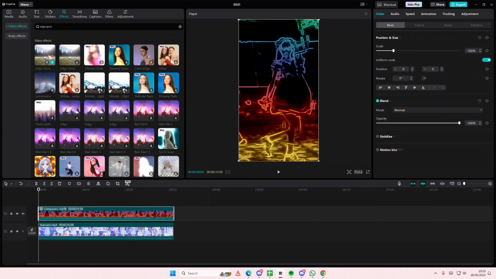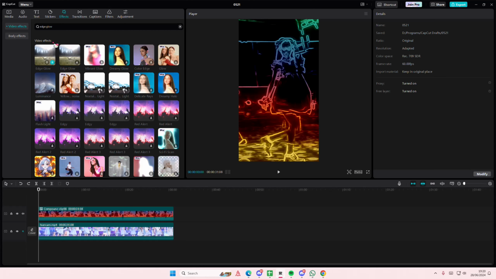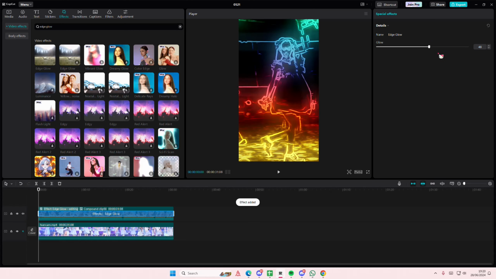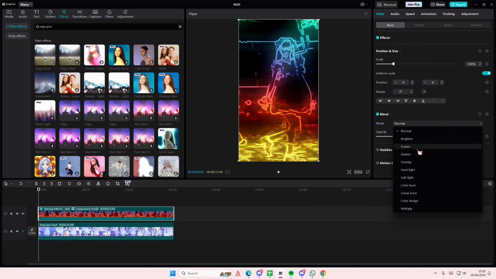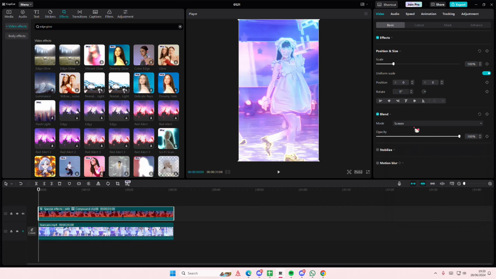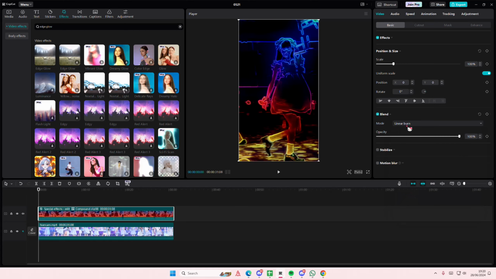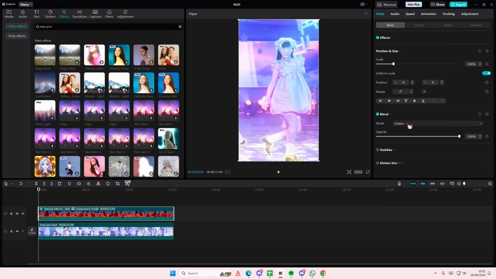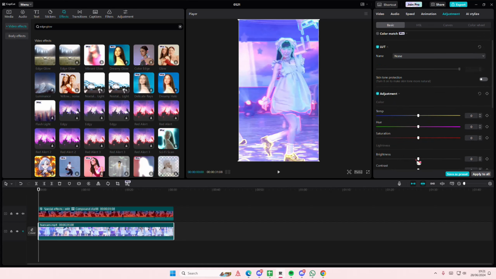If it's not glowy enough, add another edge glow to it. I can just drag it in like so. Select the video, go to the blend mode, and then you're going to select screen or brighten. Okay, select brighten and go back to your video, and I'm just going to make the brightness a little bit